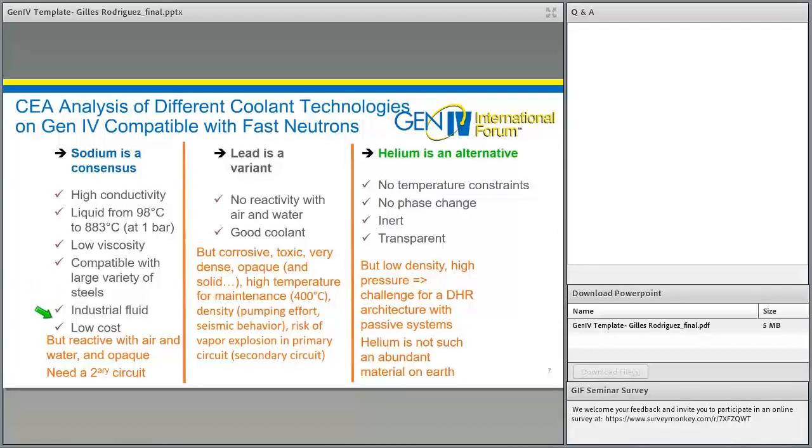And so an immediate consequence of its reactivity is that you will need a secondary circuit in the design of sodium fast reactors. And so this is the price to pay in order to use sodium fast reactors. You will see that at the very beginning, you need to have a secondary circuit. If I go through the other